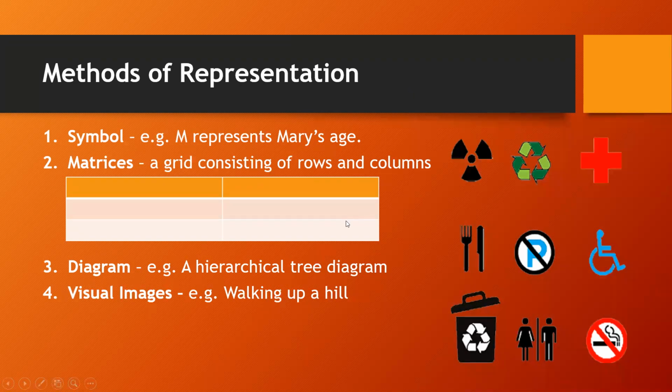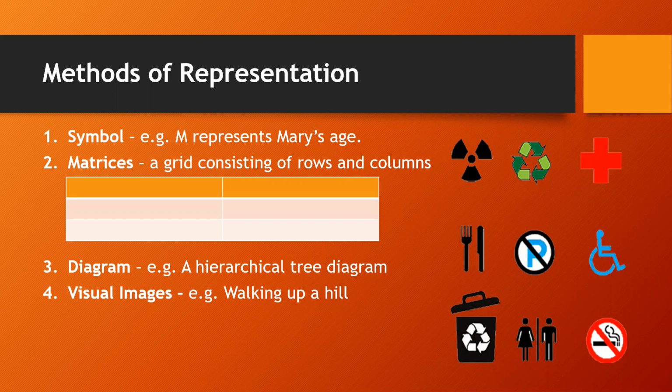First one is symbols. Now, what is a symbol? When in math class or statistics class, you're asked, there's a variable. Statistics is denoted by X, psychology is denoted by Y. So these are nothing but your symbols. For example, M represents Mary's age, right? M for Mary. S represents Susan's age. So these are nothing but your assumptions. You can use them as symbols. These are used for abstract problems like math. You do it in math, right? All these assumptions. The second is matrices.